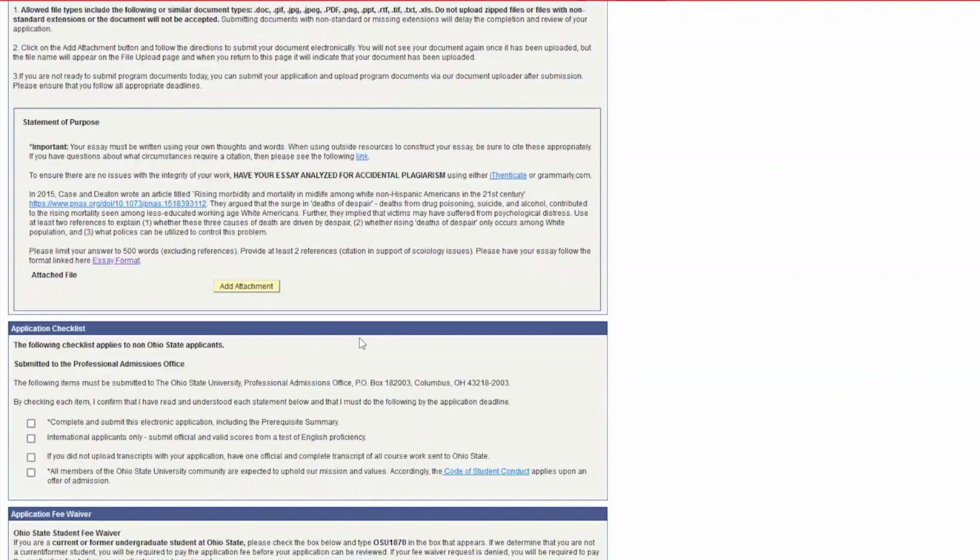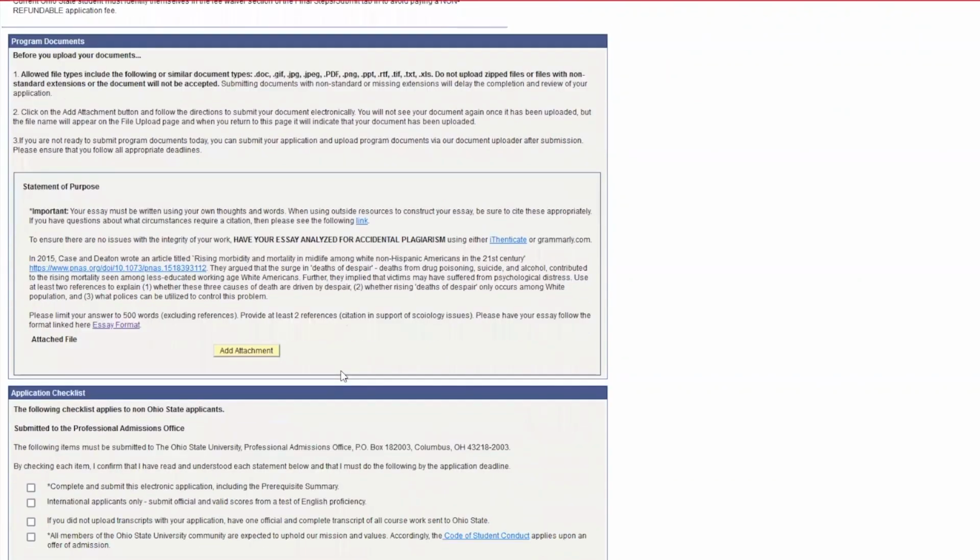And maybe some of you that have already started the application have begun this, but you will see this is the essay, the current essay question for environmental public health. Couple things to note. There might be an article listed that you would need to read. If so, make sure that you click on that and read through. Speaking of reading, I would strongly encourage you to read everything in this section very thoroughly. A couple things that I will point out as to why I'm suggesting you read very carefully.